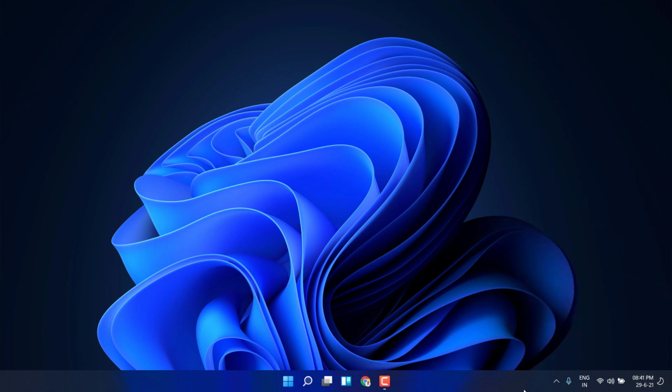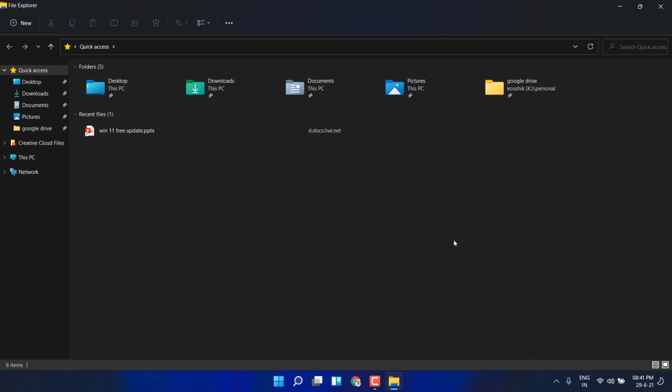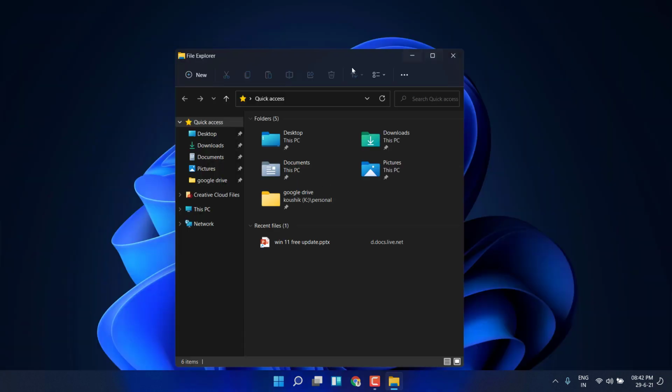The Windows Explorer has been completely redesigned, and you can see all the icons look more colorful and actually look more saturated for some reason. I don't know whether the design is like that or maybe just because of the preview version. And all the files, folders or any type of application now have these round corners. So Windows 11 is entirely rounded corners.